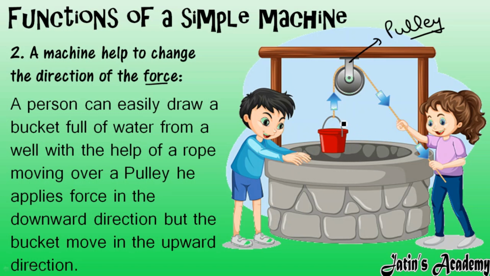Actually, if you apply force on the handle of the bucket and take it up, it is very difficult to do it like this. So what are we using? We are using a pulley. In a pulley, one rope is attached. We just pull the rope toward ourselves in a downward direction. By pulling it toward ourselves, the bucket comes in an upward direction. That means by applying force in a downward direction, the bucket moves upward. With the help of the machine, we are changing the direction of force. It is very simple to change the direction with the help of a machine.